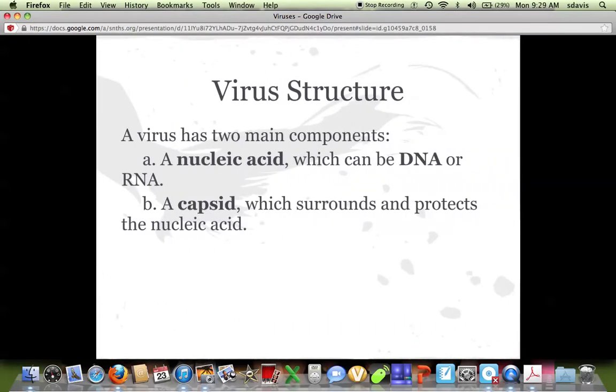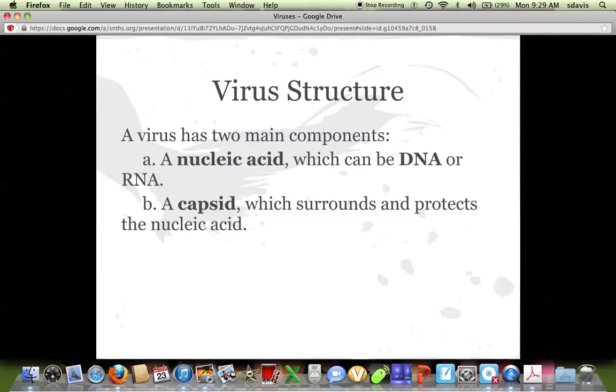In terms of structure, there are two things to remember, two main components that a virus has. The first one is a nucleic acid, and this nucleic acid can be DNA, which is double-stranded, or RNA, which is single-stranded. And viruses also have a capsid, and a capsid is just a structure that surrounds the nucleic acid